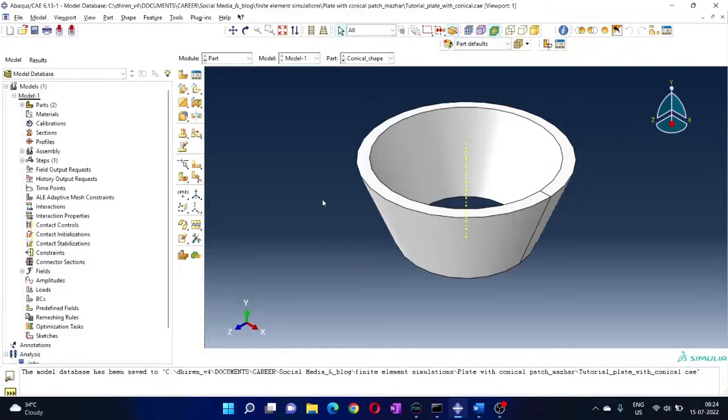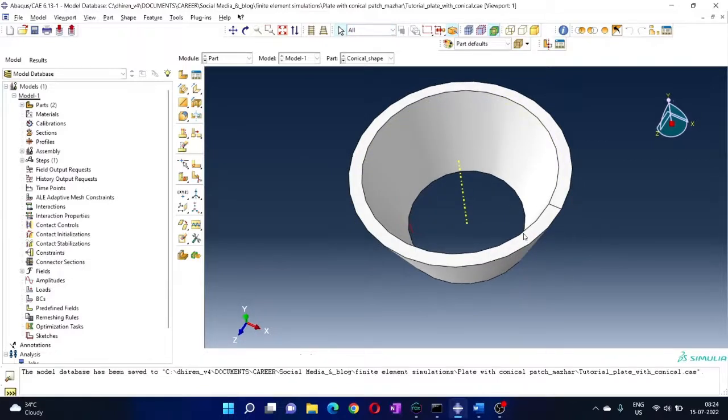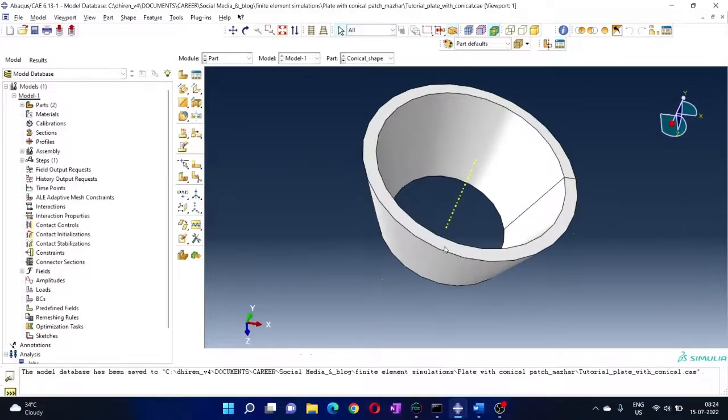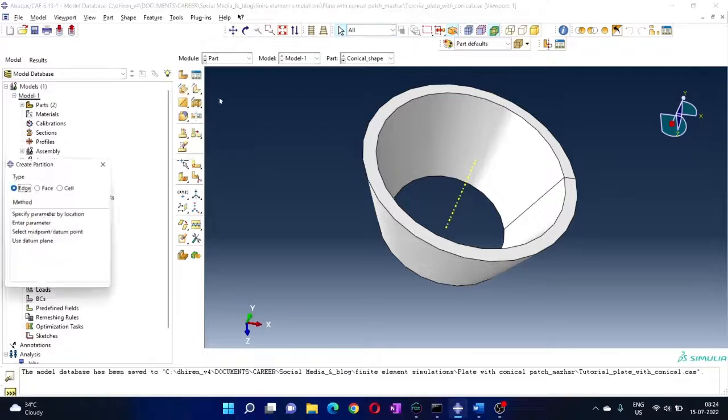Let's do one thing more. Let's create a partition in it. Okay, so let's first create a datum plane, or we can create the partition right away. So let's create partition. So cell,